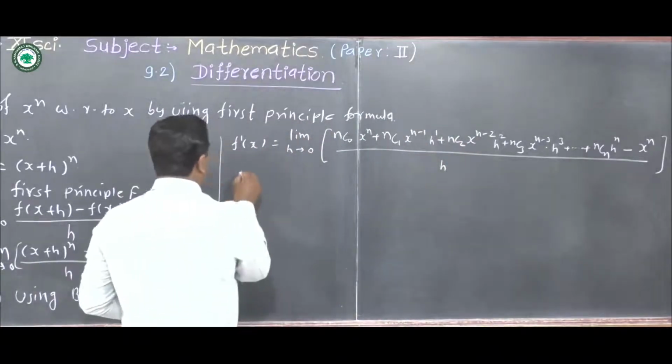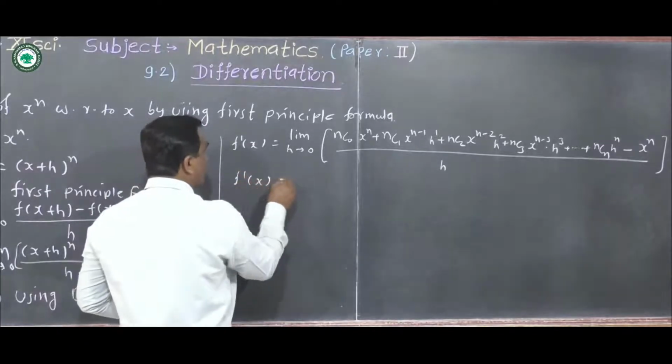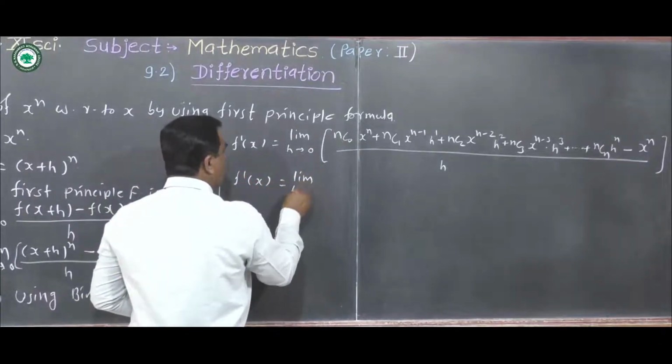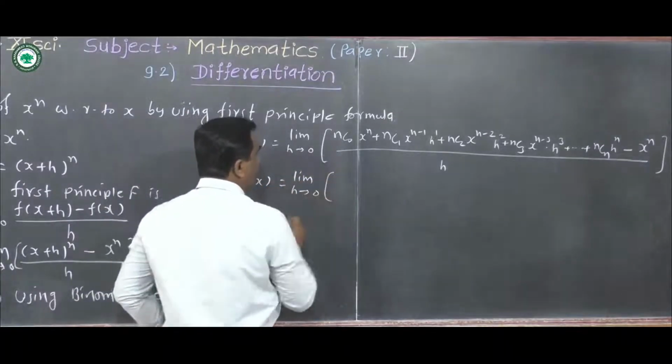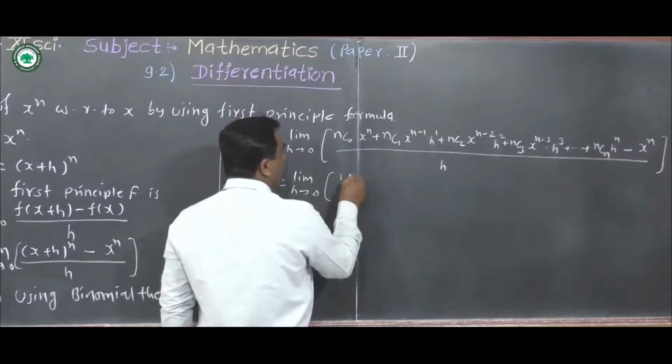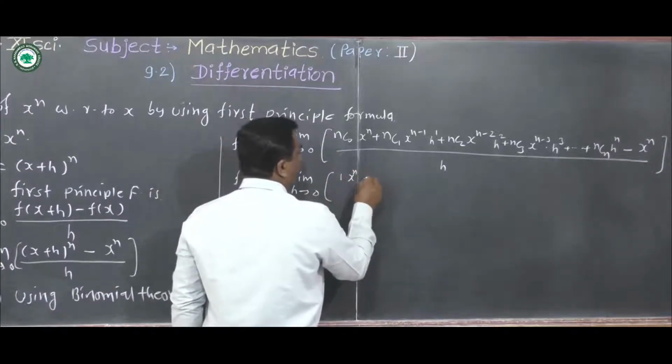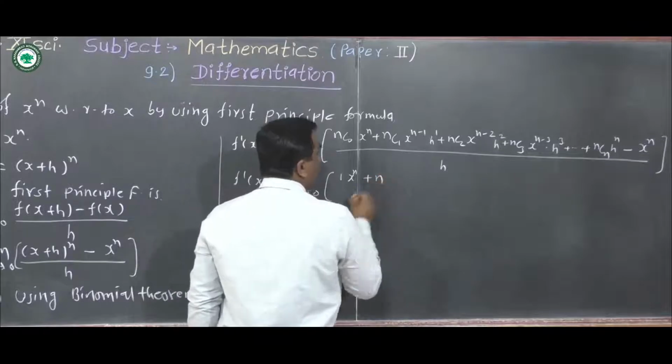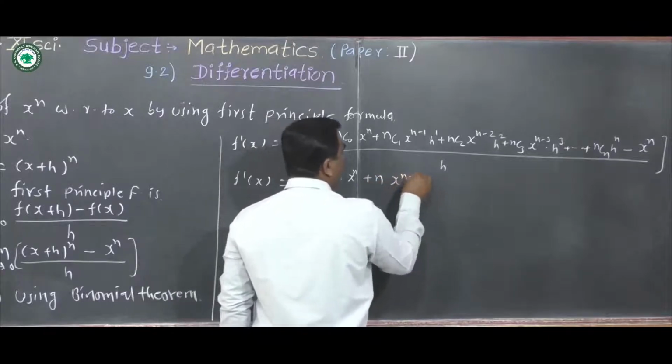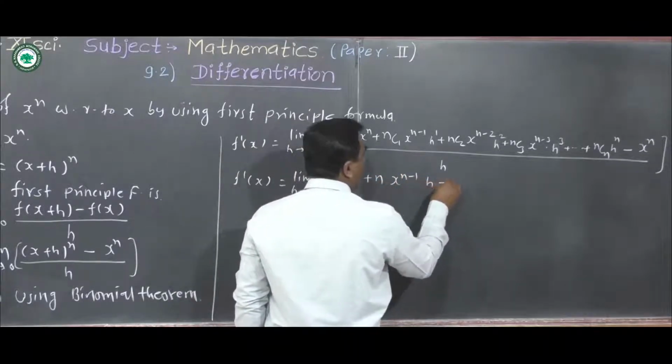Therefore we can write f dash of x is equal to limit h tends to 0, nC0 means 1 into x raised to n plus nC1, n, into x raised to n minus 1 into h plus